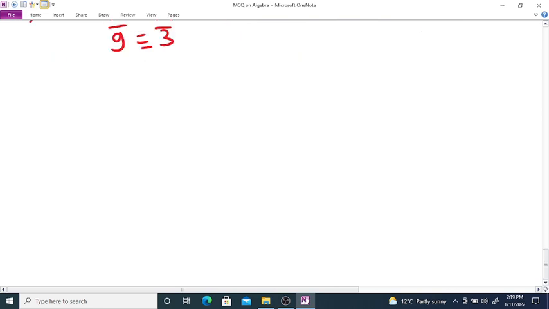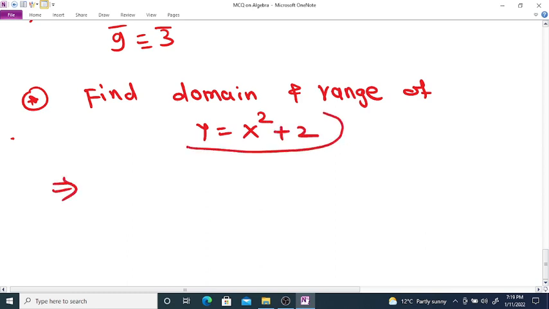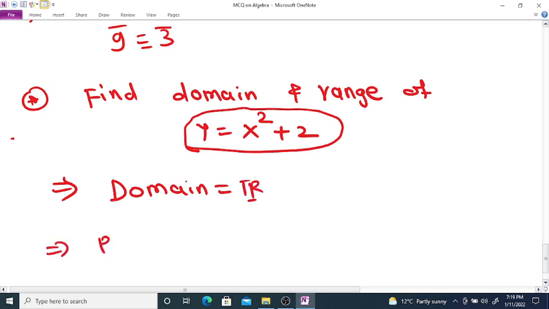Then the next question is find domain and range of function y is equal to x square plus 2. Now again this function is defined for every value of x. So here domain is equal to the real numbers, and range we know that